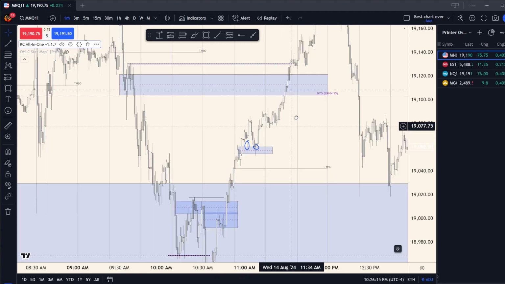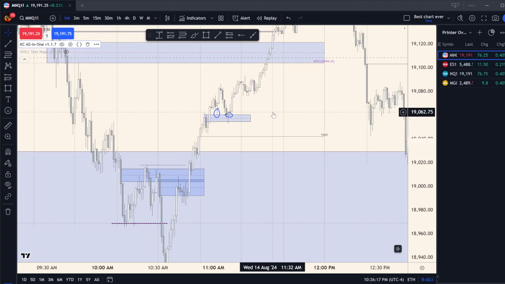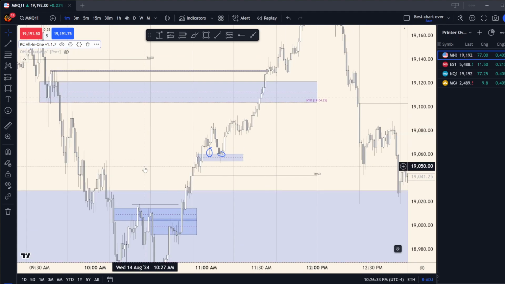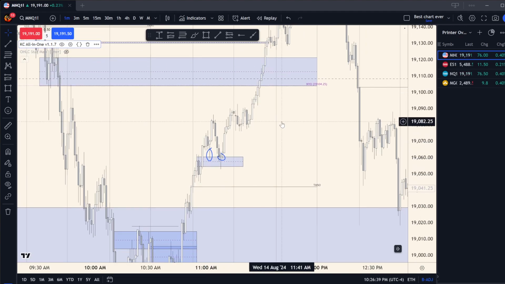So the way that we can manage it, even if you're afraid, with a stop, is you trail the stop to every swing low that happens, because ideally the swing lows are manipulation in price. So this is manipulation right here. If your entry was here, you trail it to the swing low right there. Swing low right here, trail it. Swing low right there, trail it. Basically, every swing low that is made, you put your stop right there